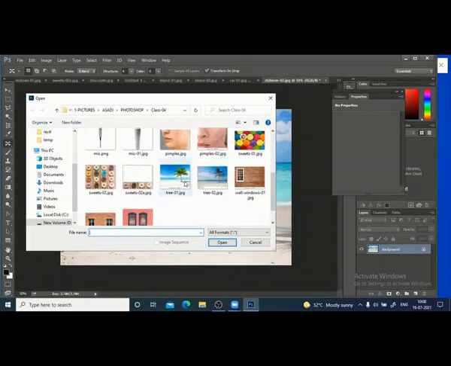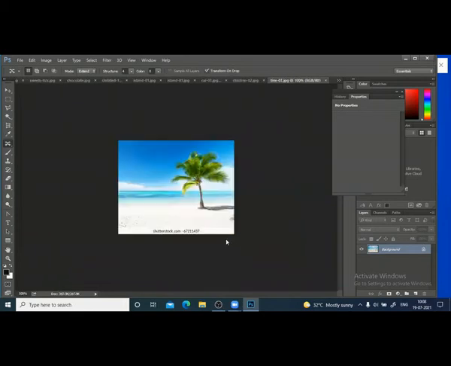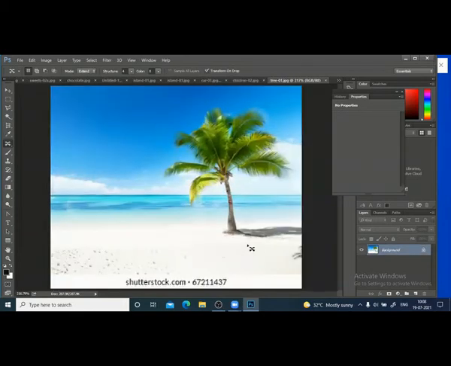Suppose I have Control 0. Suppose I want to make this tree a little bigger. I can use the extend command. Extend content aware. So I will select this. I will not use the full tree. I want to make it a little longer.